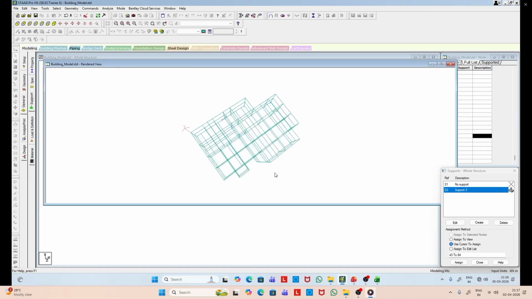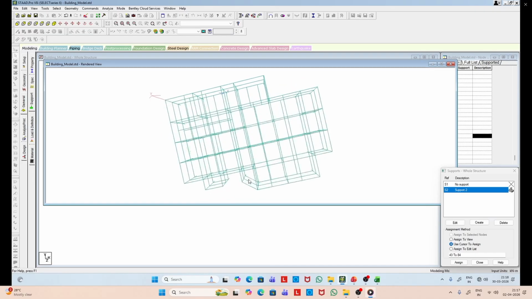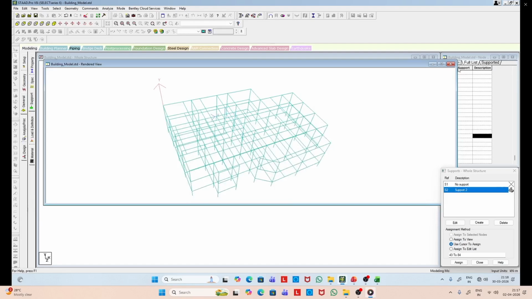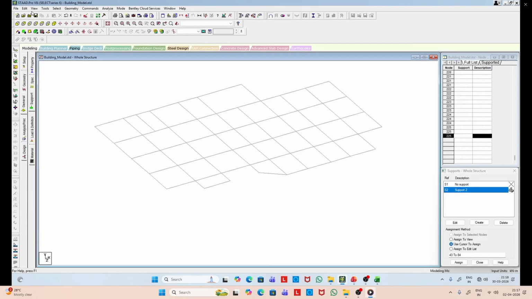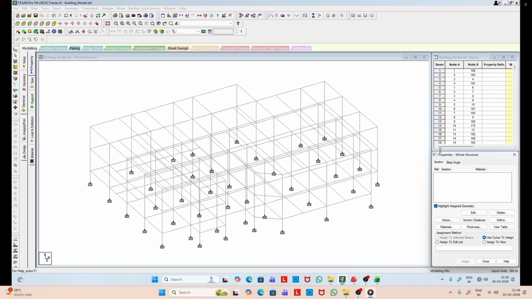Okay, so now you can see the complete model of the frame structure. Of course, there are some approximations. You can take this forward, you can actually create a very detailed model with exact geometry. If we select the beam, we get the beam number, and that we can also cross verify from the output and also the text file.